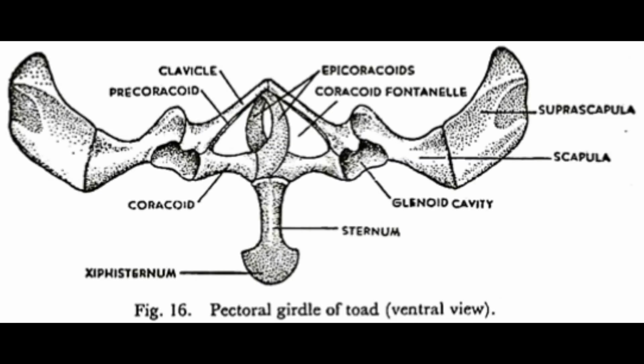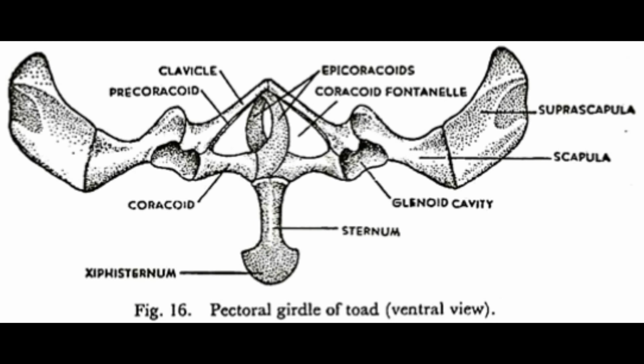It consists of the pectoral girdle, pelvic girdle, forelimbs, and hind limbs. The pectoral girdle serves for the attachment of muscles connected with respiration and is composed of the following. In the ventral view, you can see the clavicle, precoracoid, coracoids, xiphisternum, epicoracoids, coracoid fontanelle, suprascapula, scapula, glenoid cavity, and